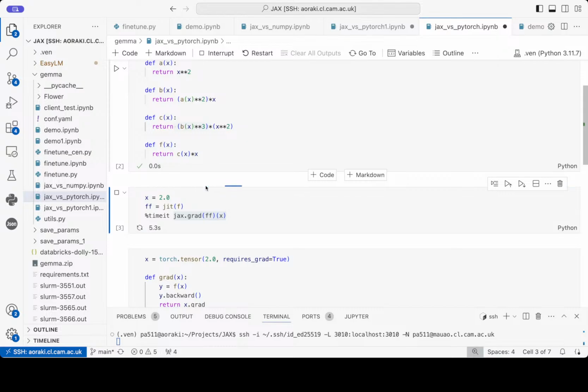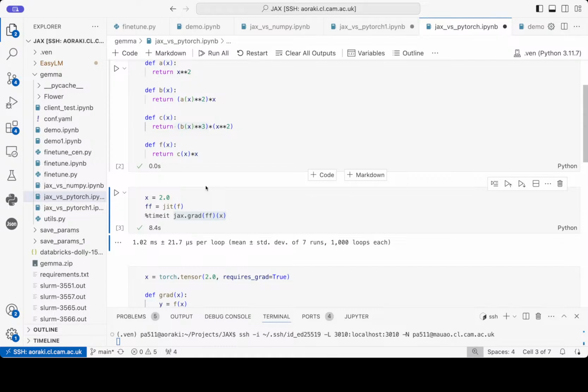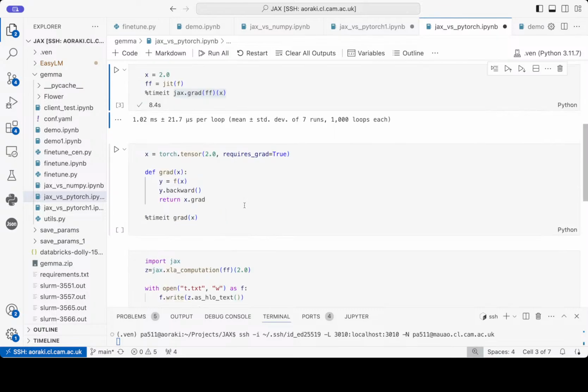Now we're running this, and JAX is doing all its magic. It's compiling everything down, and you can see it took JAX 1 millisecond on average to calculate all of these gradients. Amazing stuff.